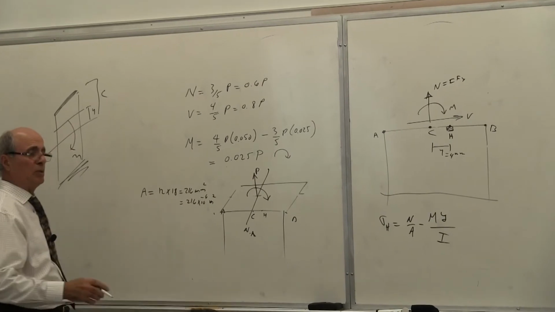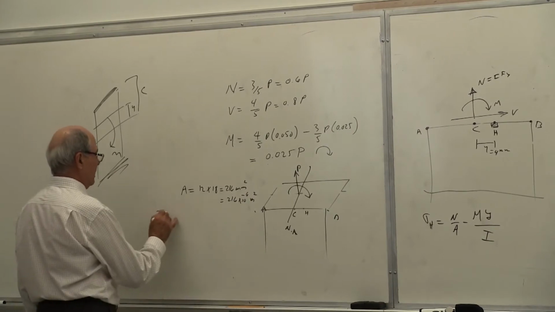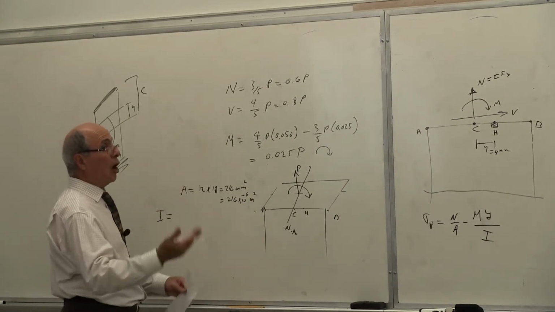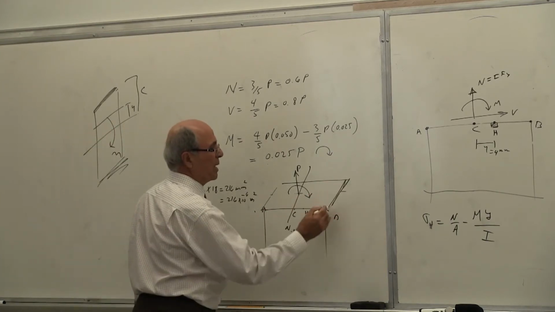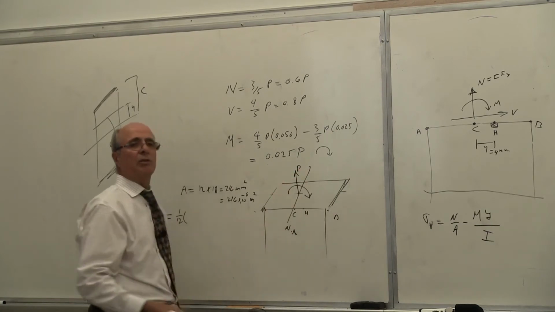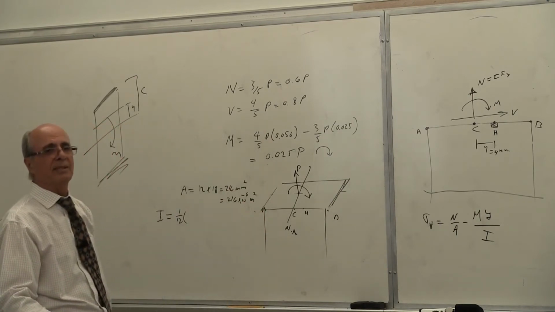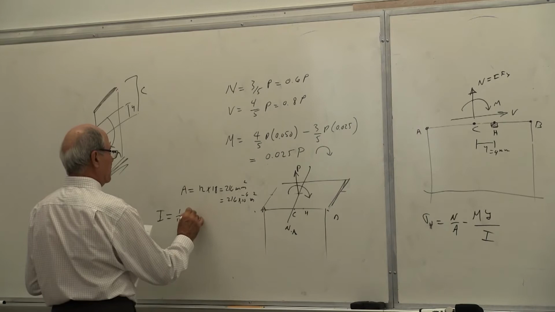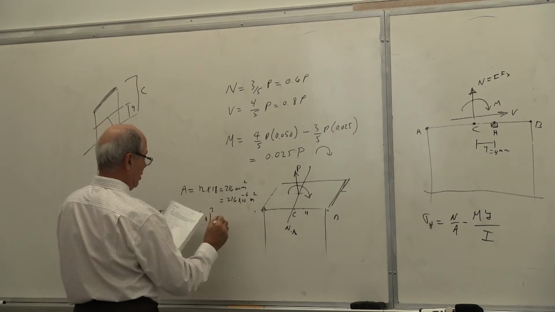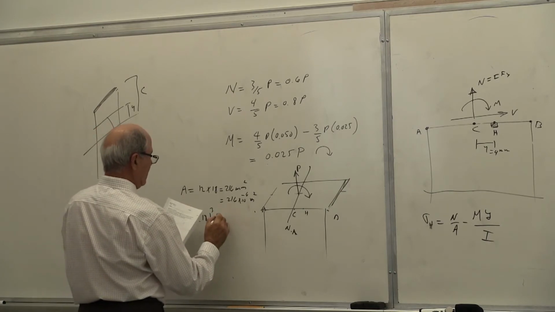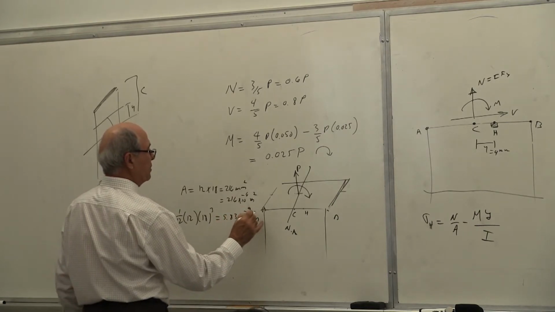Minus 6. Many people use minus 3. This is millimeter square, so you use that. The I, this problem for the other class, actually I was IB. This is much simpler. I was 1/12 of base, but what is the base? This is the base, this is the height, because this is the neutral axis. Yes or no? You are bending it from that side, not that side. Is that correct or not? Yes? So 1/12 of 12 times 18 to the power of 3, which ends up in millimeter to the power of 3, or it becomes equal to 5.83 times 10 to the power of minus 9 meter to the power of 4.